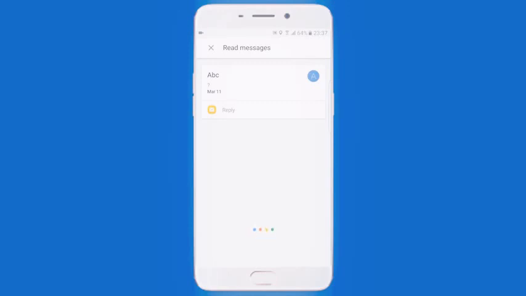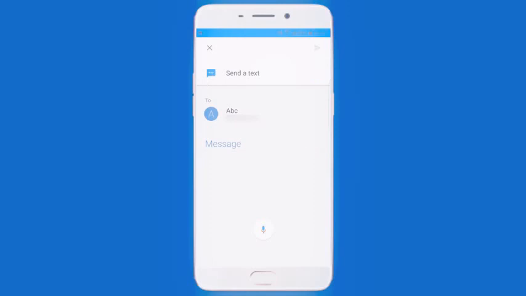Read it. It says, "Do you want to reply? Repeat it, or is that it for now?" If you want to reply to the messages, just say reply. Text ABC? Sure. What's the message? You can then narrate your message to Google Assistant and send it. This is a test message. Got it. Do you want to send it or change it?